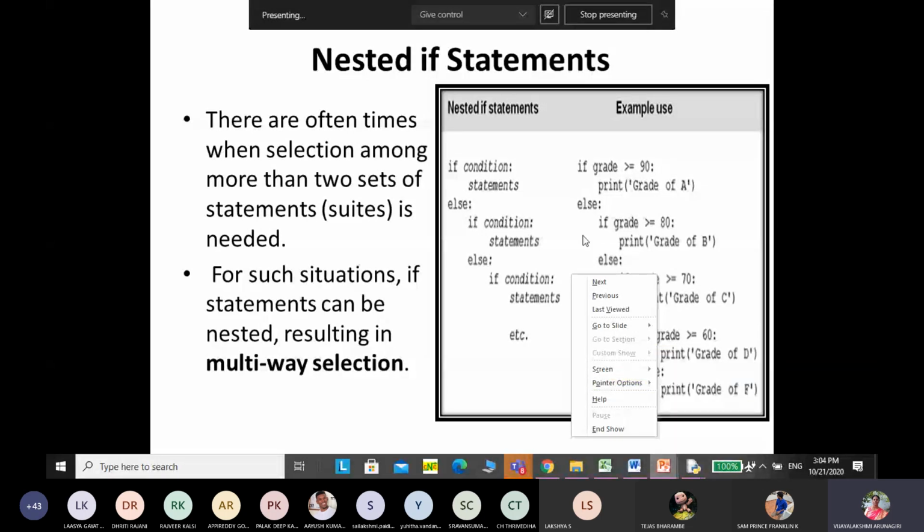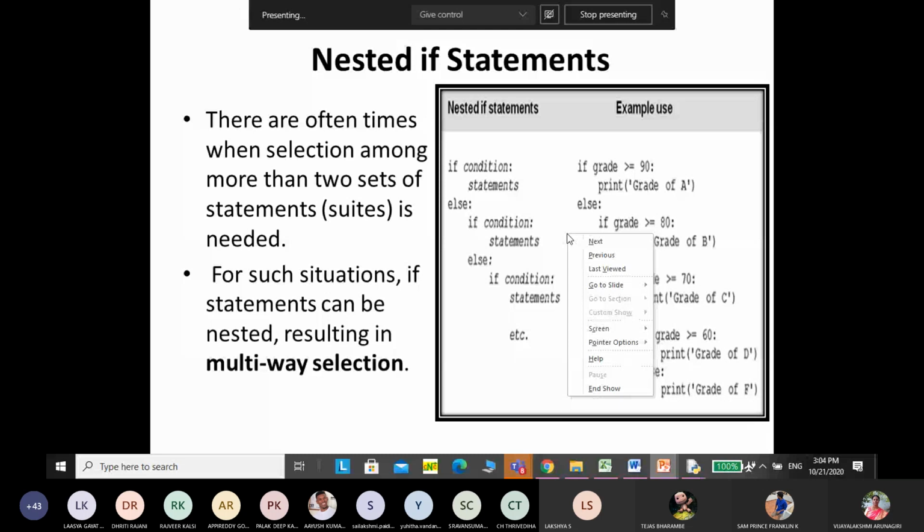Okay, so here, for this if, this else, again in the else part I am checking one more condition, whether the grade is greater than or equal to 80. If this condition is true, then grade B will be printed.